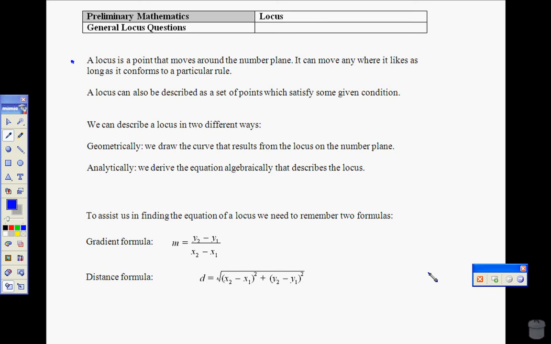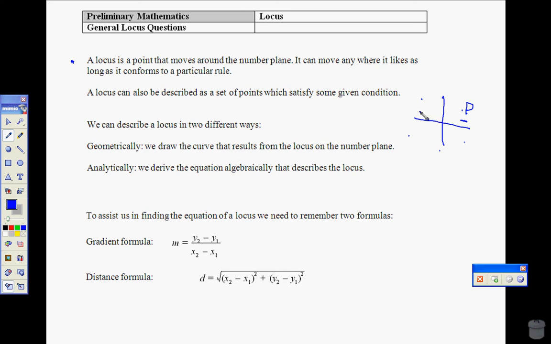What I like to think about is just a point. It can exist anywhere on the number plane. So if you've got a number plane sitting there, your point can be anywhere. It can be any point. Generally we call it P, but we can call it any letter. Imagine this little point P. P can move anywhere it likes. Okay, so it's roaming around, it can have fun out there, but it has to conform